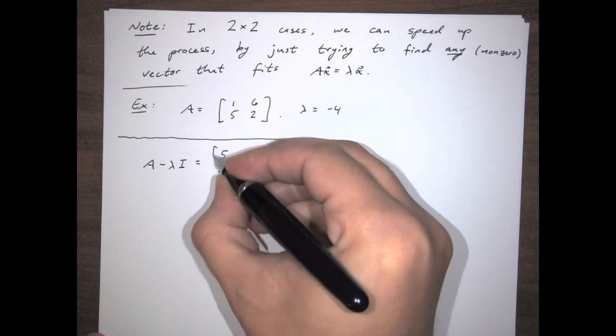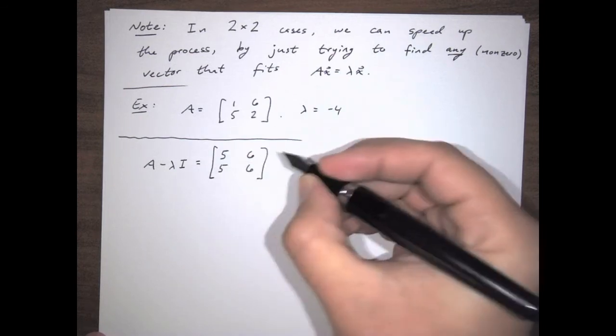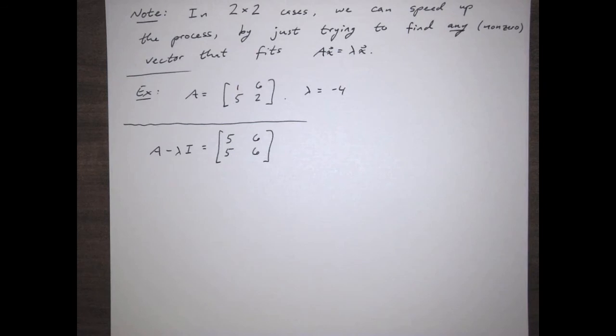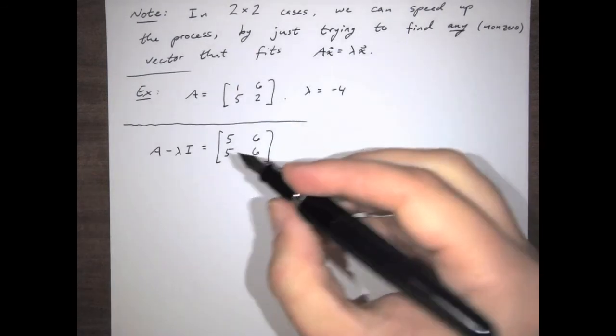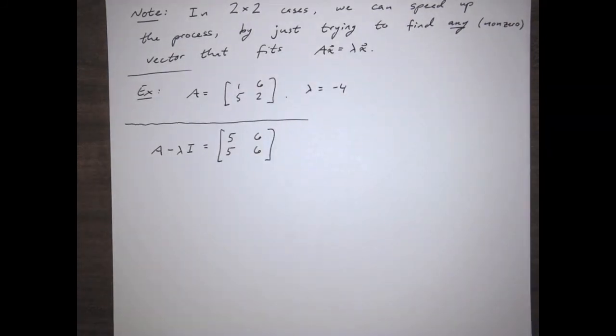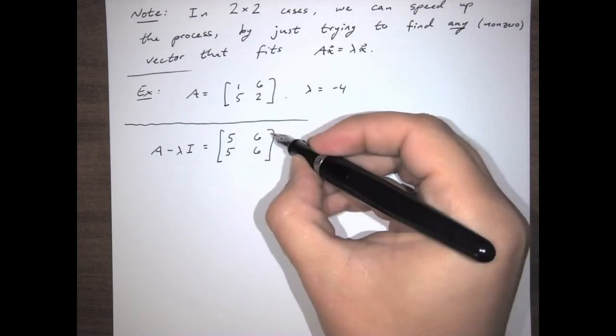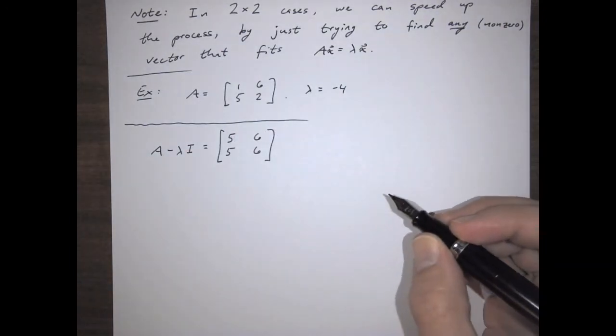And in particular, I don't even need to waste my time row reducing this matrix, because I can see with my naked eye that the bottom row is going to end up being zeros, and there's our basic variable. There's our free variable, and